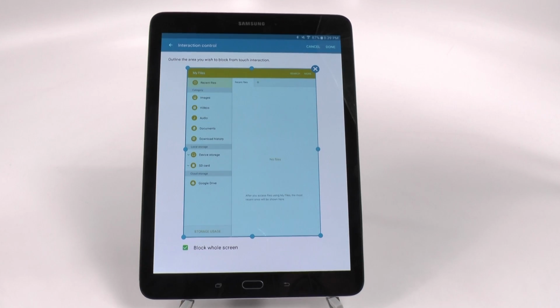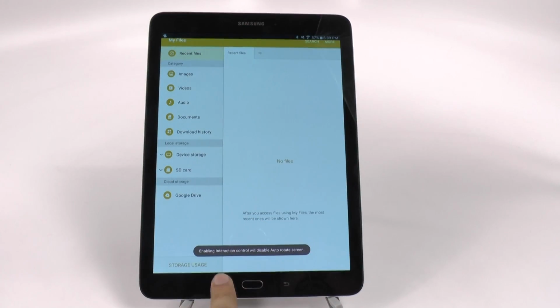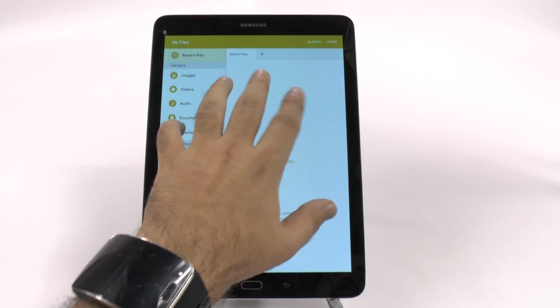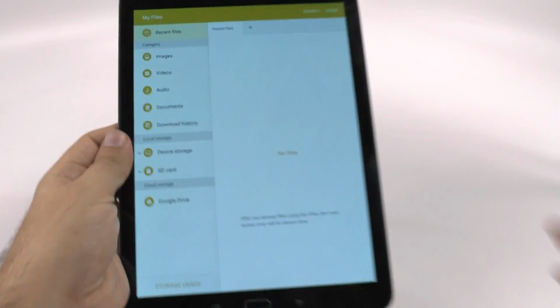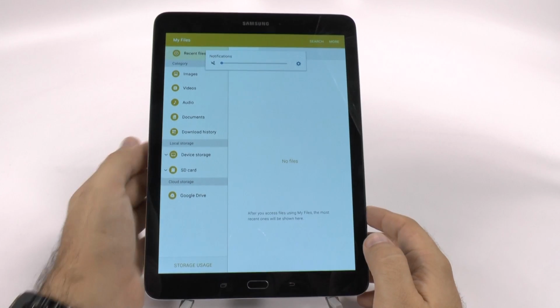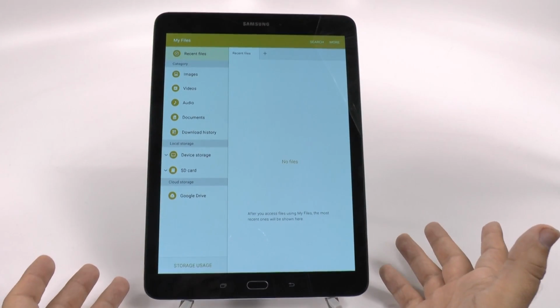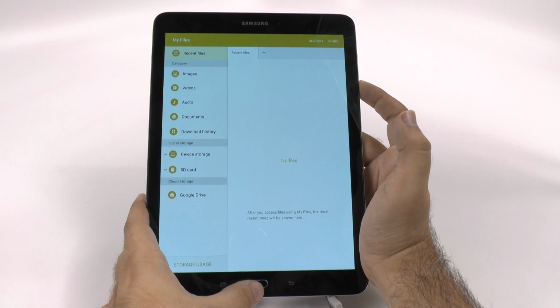And then we are going to block the whole screen, click done, and I can't do anything. I can't hit the back button, I can't hit the home button, I can't hit anywhere on the screen. It does not do anything. The power button, oops, I guess I didn't turn off the power and the volume keys. But you can turn those off too, so that literally nothing you do works until you hit the home